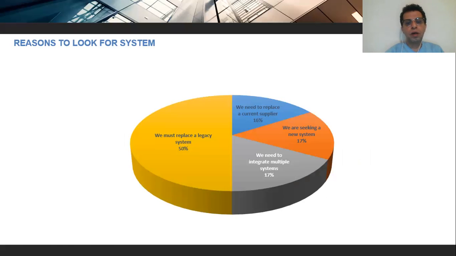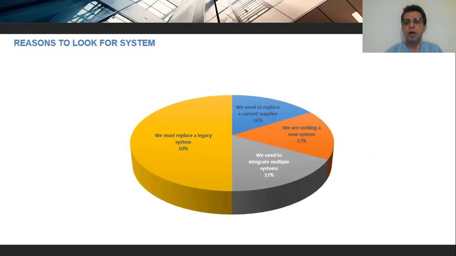Now, when you come to evaluate a system or select a system, there is a reason for it. You talk to the end users or the management who are planning to do that.